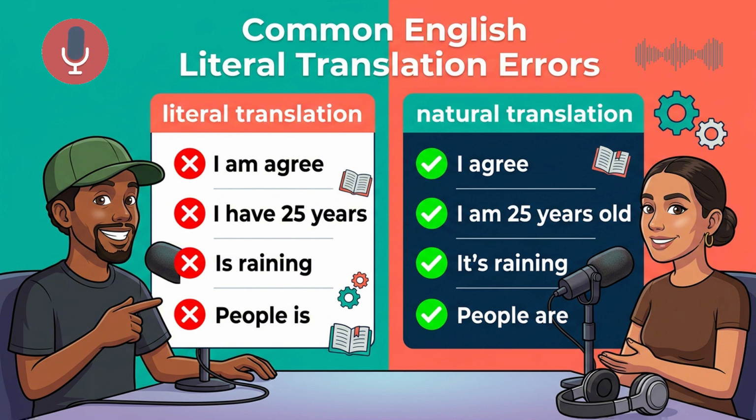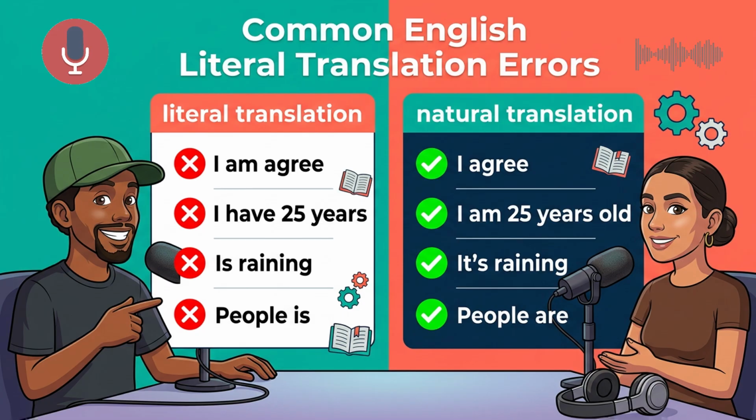Right. So a verb is an action. Think about the word jump. If you bend your knees and push yourself into the air, that is the action of jumping. You would never look at me and say, I am jump. No, you wouldn't. You would never say, I am jump, because it mixes the state of being with an action. You simply say, I jump. The person is doing the action directly.